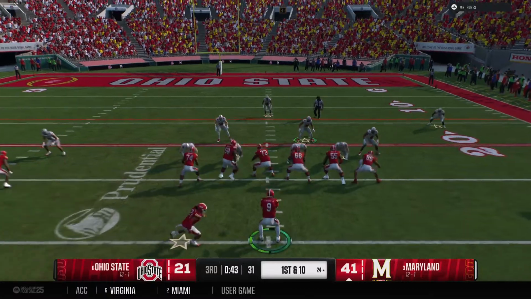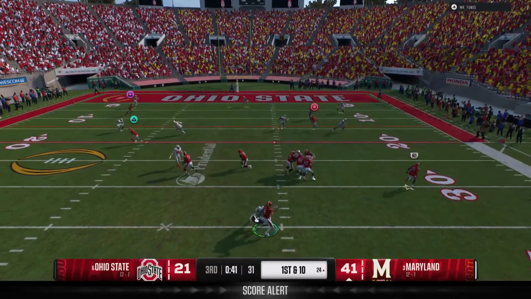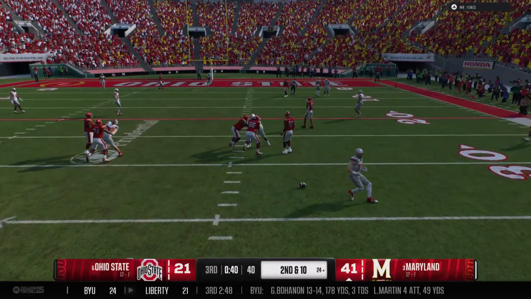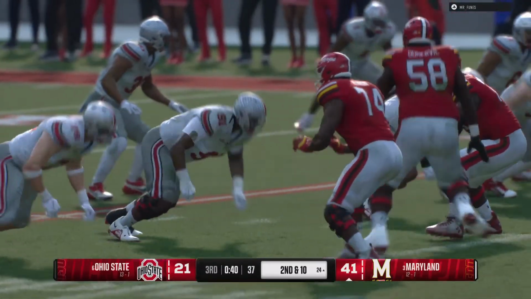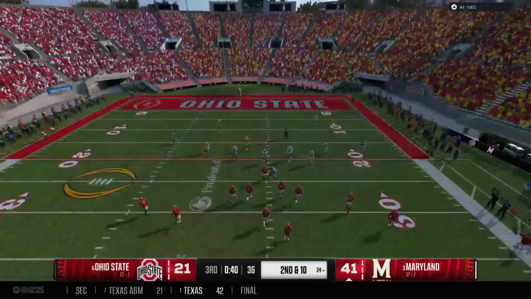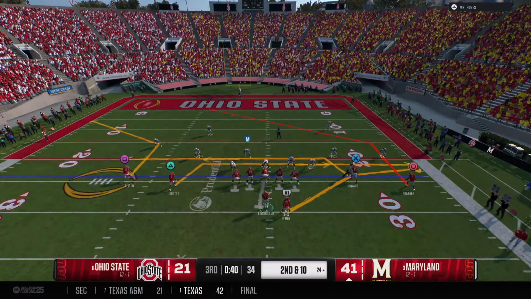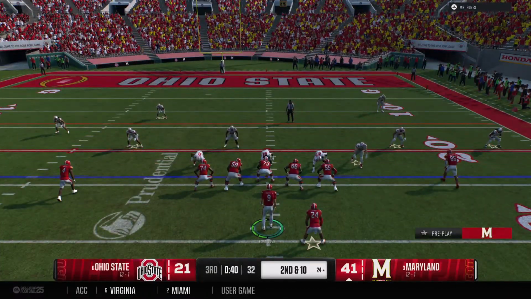The pre-snap motion from the offense. The pocket breaking down. That's incomplete. Even on a 1st down pass attempt, he felt heavy pressure. We finally see a change-up from this defense. It has been a long game for this defensive coordinator.